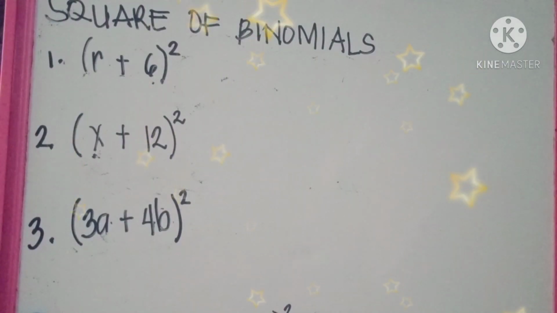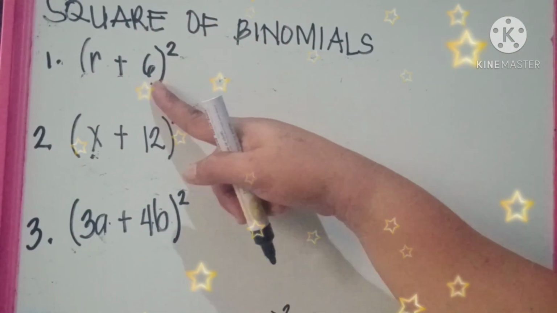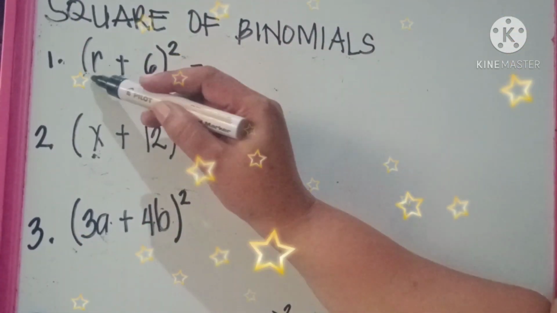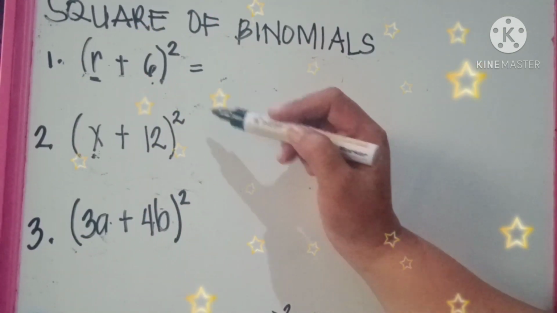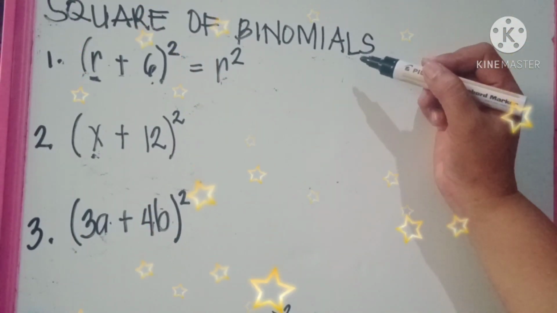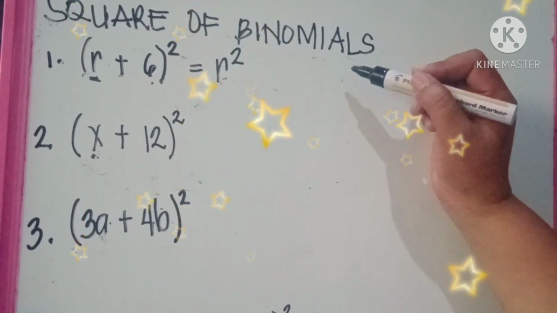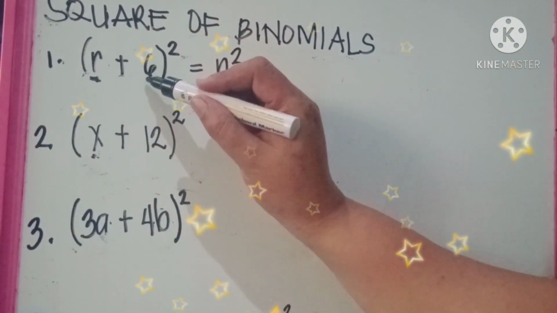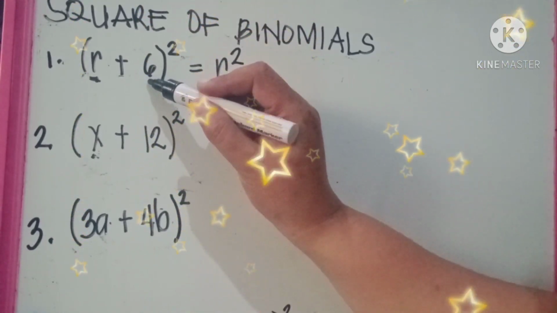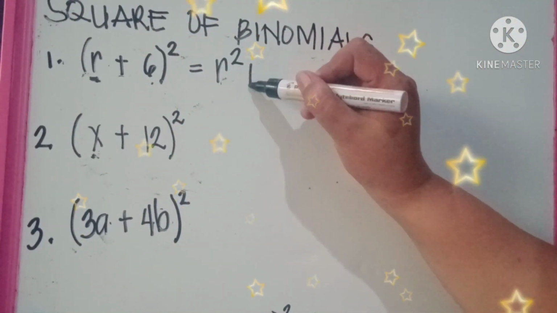Square of binomials. So first example is the square of r plus 6. So ang gagawin lang natin dito is kunin ang square or multiply the first term of the binomial by itself. So r multiplied by r is r squared. Then, pagkatapos niyan, multiply the terms of the binomial. So, r multiplied by positive 6, the answer is positive 6r, then multiply it by 2. So, 6 by 2 is 12. So, you add plus